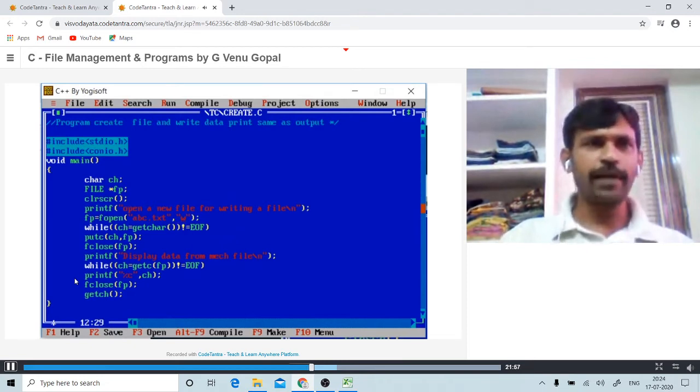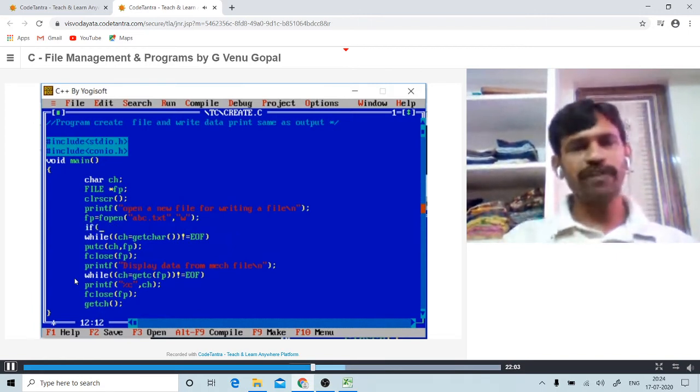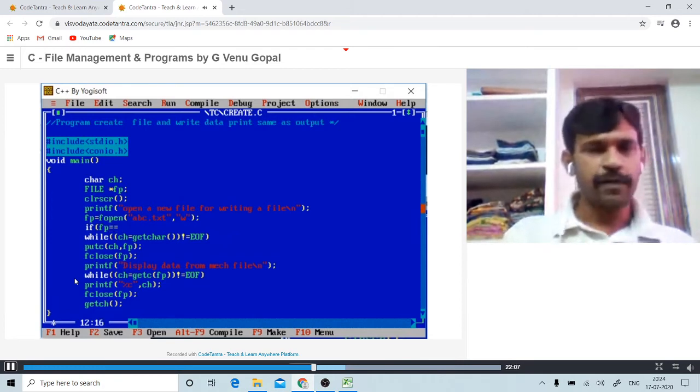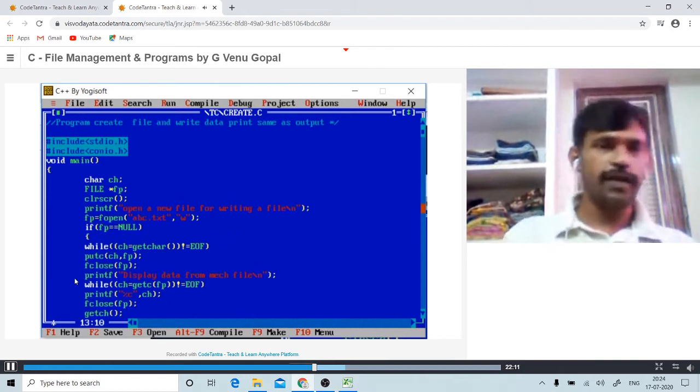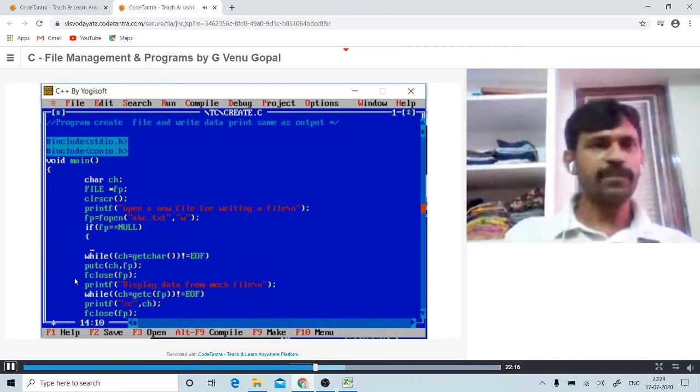Then here, once the file is open, this is most important for us to verify. If fp equals null, that means on unsuccessful opening of a file, the fopen function will return null.